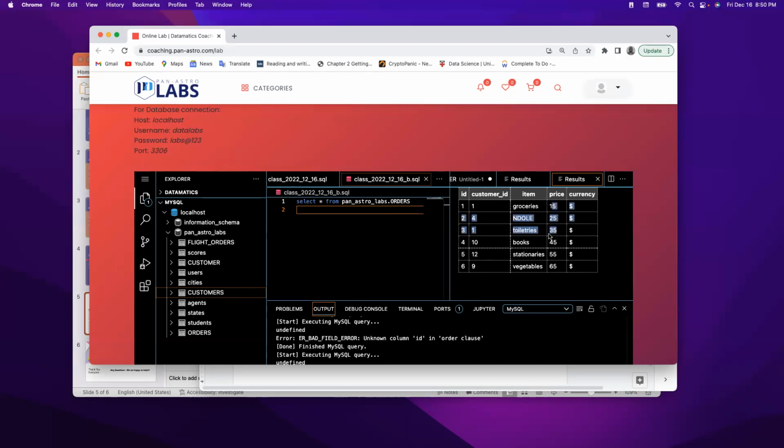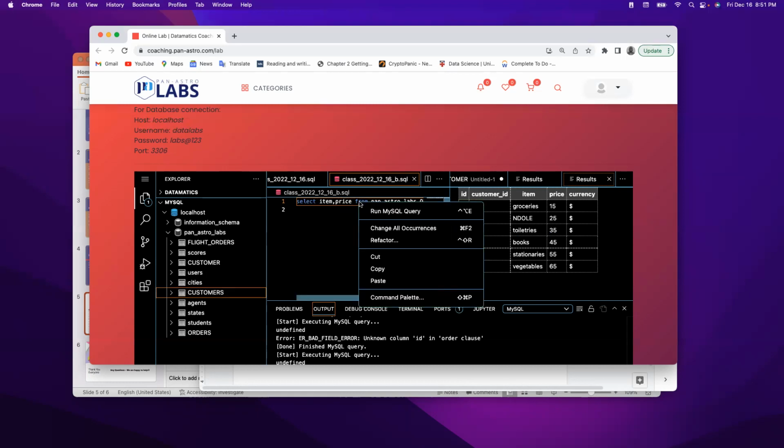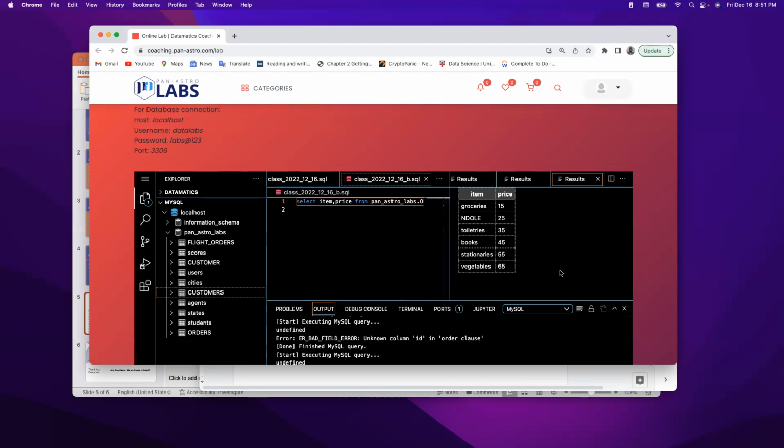Now I want us to do something with this price in a moment. Okay, suppose we say we want the item, comma, and we want its price. Let us assume the currency is the same. If the currency is different, then you have to do conversion. These are some of the things you have to do. So we have our item, we have the price. You understand? Now let's do another